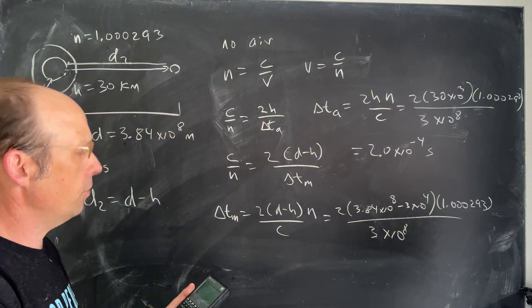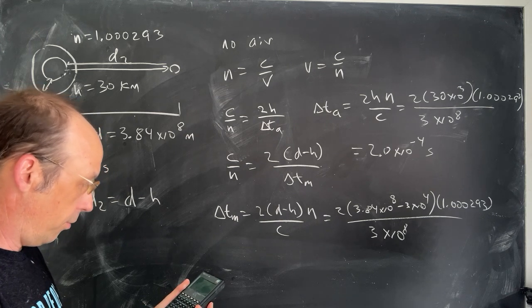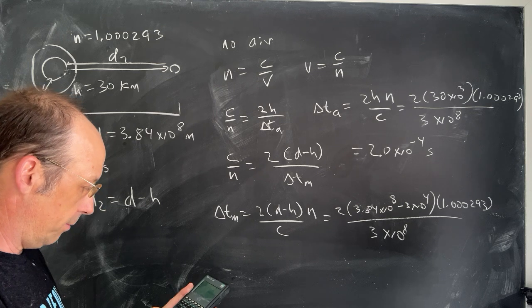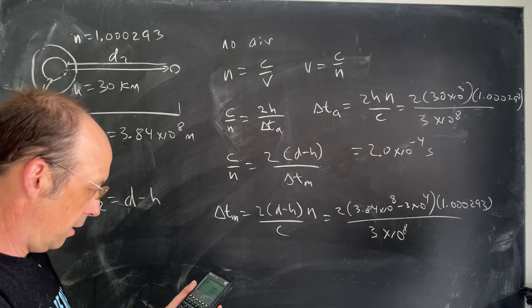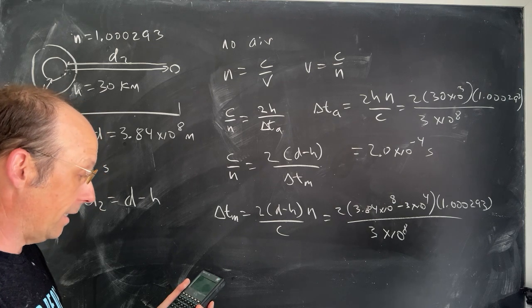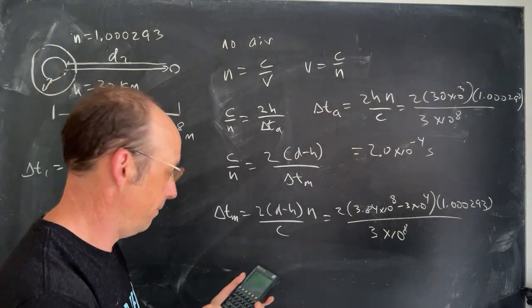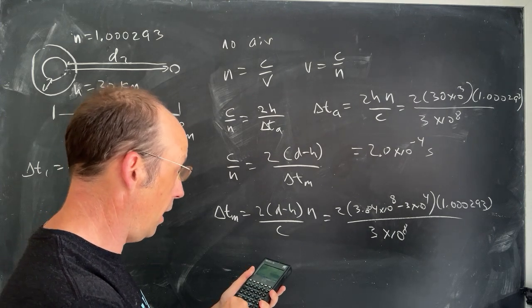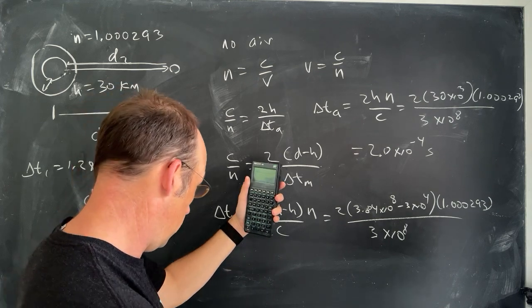Did I do 2? I think I did. Okay. 2, enter, 3.84 times 10 to the 8th, enter, 3 times 10 to the 4th, minus times. So this is what's great about RPN calculators. You can do that. 1.000293 times 3 times 10 to the 8th divided by. And I get